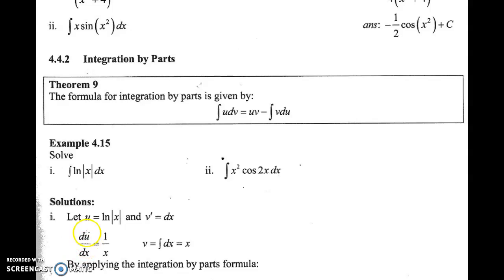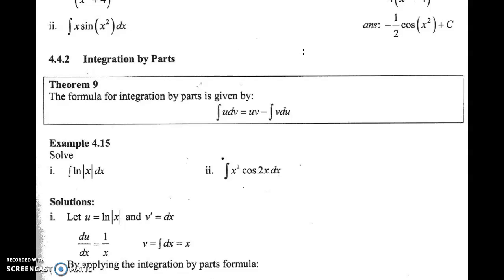Alright guys, in this video we are going to talk about the next technique available in our syllabus on integration, which is integration by parts. Previously, we conducted integration on rather complex functions using the substitution method, where you need to substitute your functions